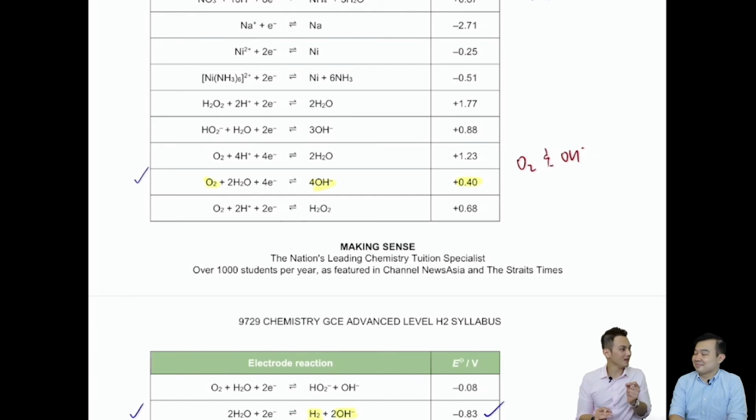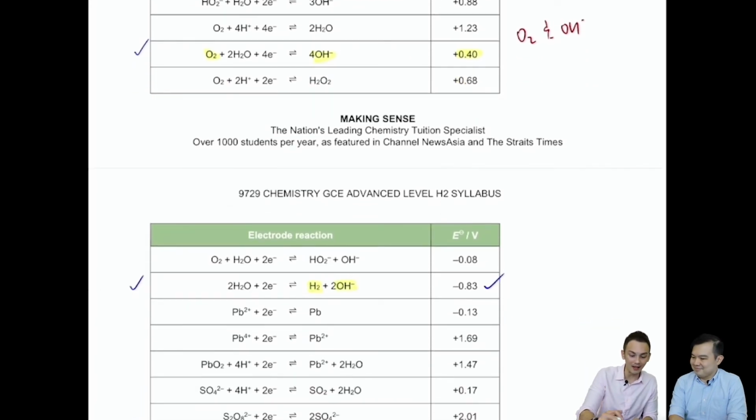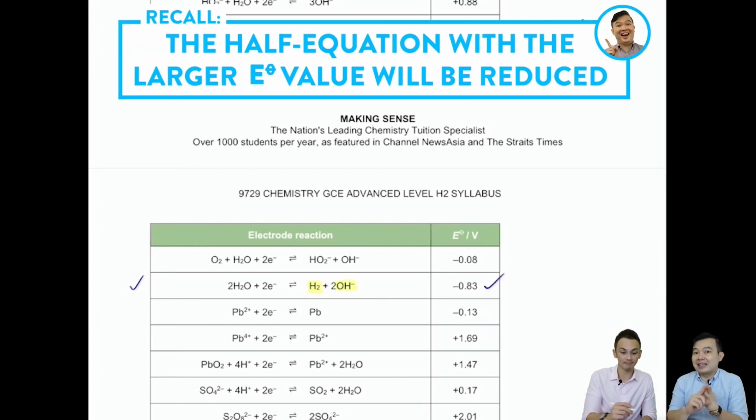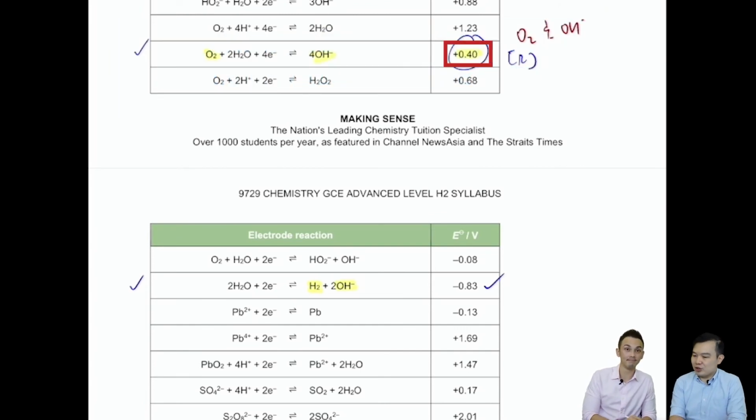But that's a problem. Now the problem is both equations are written as reduction, right? Which cannot be the case, right? Yes. So what do we do next? We once again have to determine who is undergoing reduction or oxidation by looking at the E0 values, right? This is an electrochemical cell, so the method has always been the same. The one with the larger E0 value will always be the one undergoing reduction. So in this case, we saw that the plus 0.40 is larger, so your oxygen is getting reduced, and on the other hand, your hydrogen is going to get